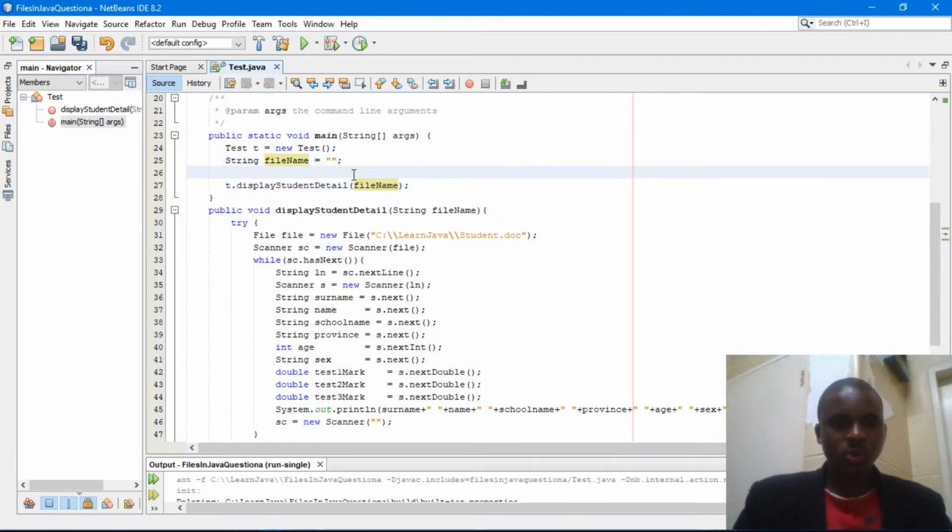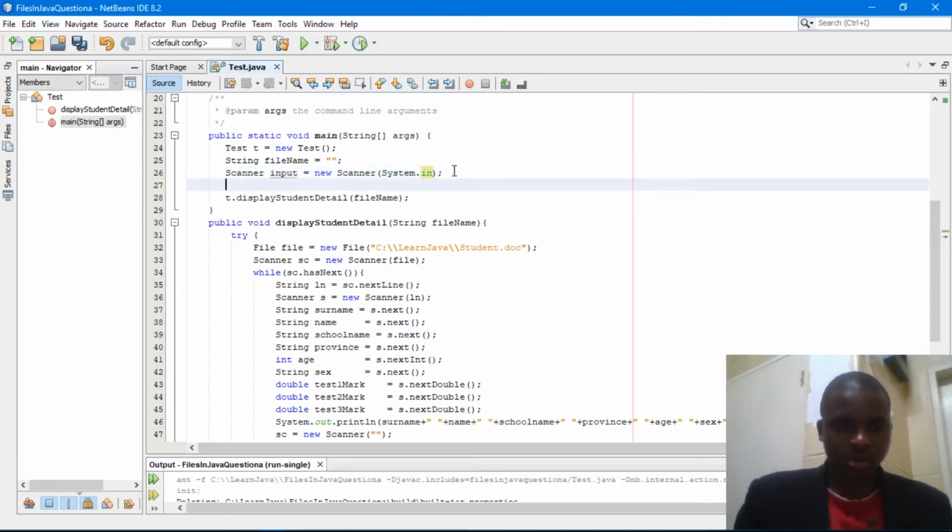So here I'm going to use a scanner object. I'm going to name it input, initialized to new Scanner, and I'm going to read from the keyboard. That's why I'm going to use System.in, and then here I'm going to say, insert tab key, enter the file name.